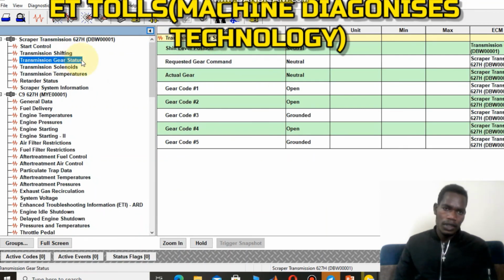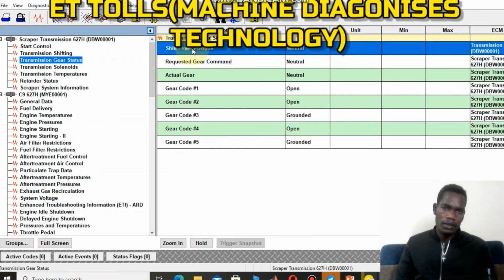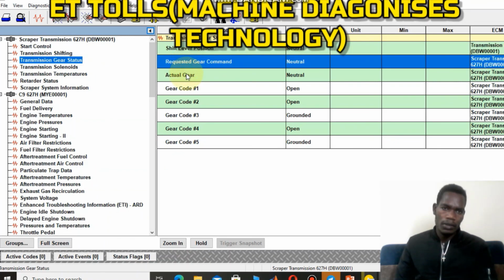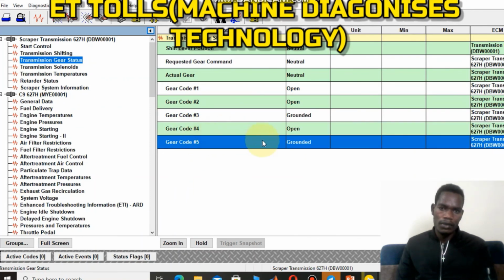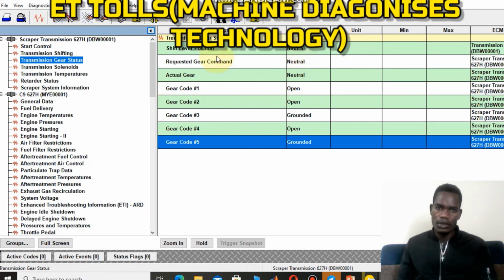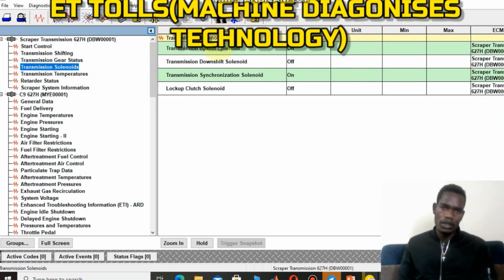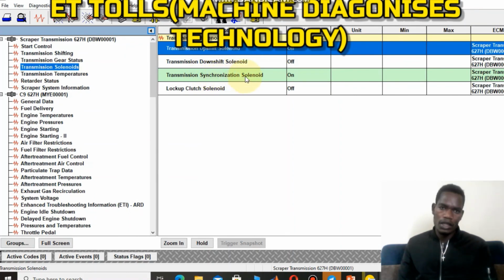status. So the gear status in transmission gear status: shift lever position neutral, requested gear command, actual gear, gear number 1, gear number 2, gear number 3, gear number 4, and gear number 5. So here the values: gear number 5 is grounded, gear number 4 is neutral, gear number 2 is open and grounded. So these are the maximum values, the values of this transmission gear status. Unit, maximum and minimum. ECM is also located in that. Transmission solenoid is here. So solenoid, upshift solenoid, downshift solenoid, synchronization solenoid, and lock